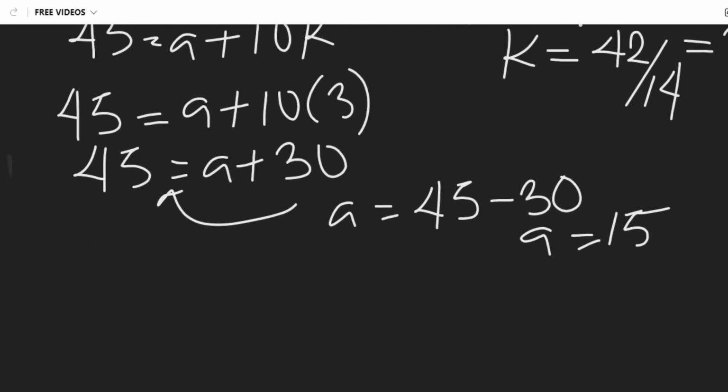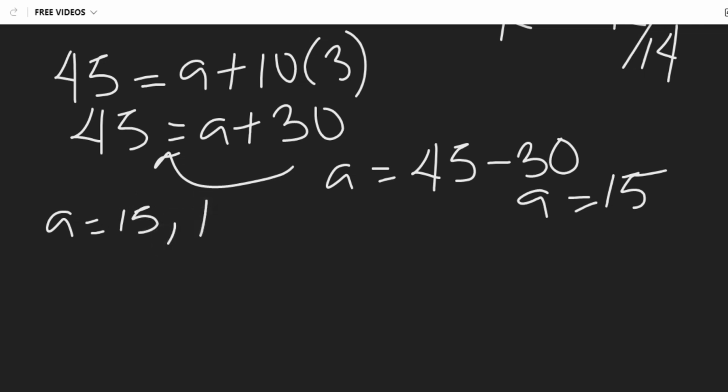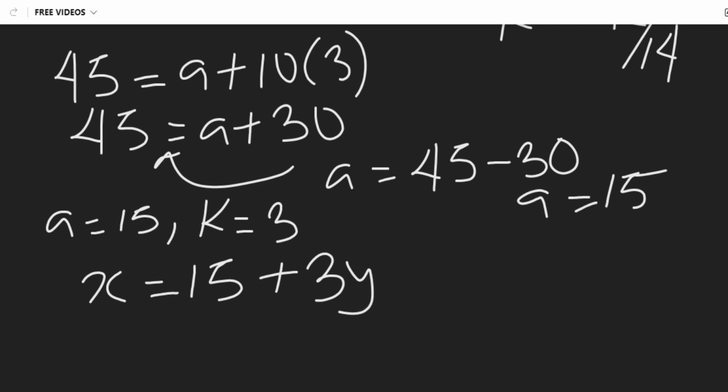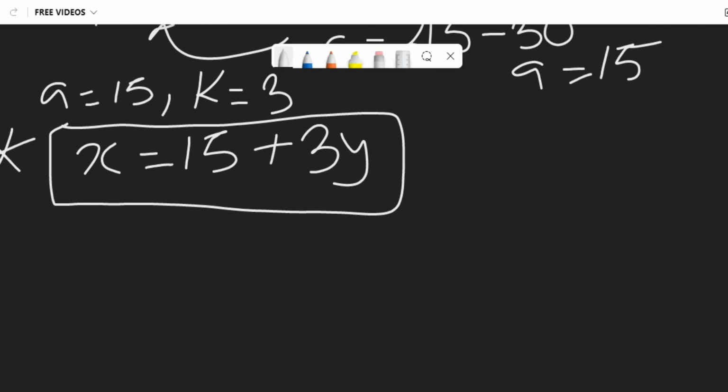So having gotten our a to be 15 and our k to be equal to 3, the equation connecting them from here will now be x equal to 15 plus 3y. So this is the equation connecting x and y. Having gotten this relationship between x and y, the next thing we will now do is to find the value of x when y is equal to